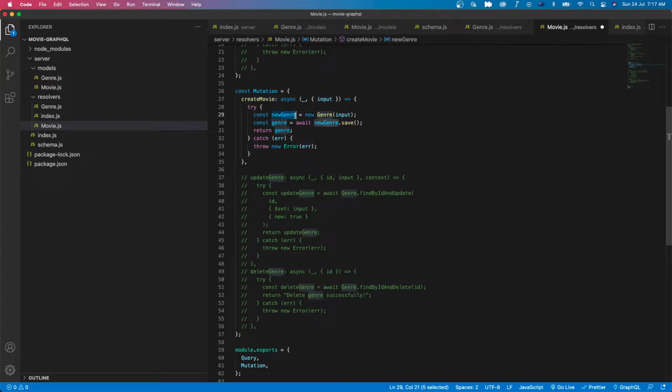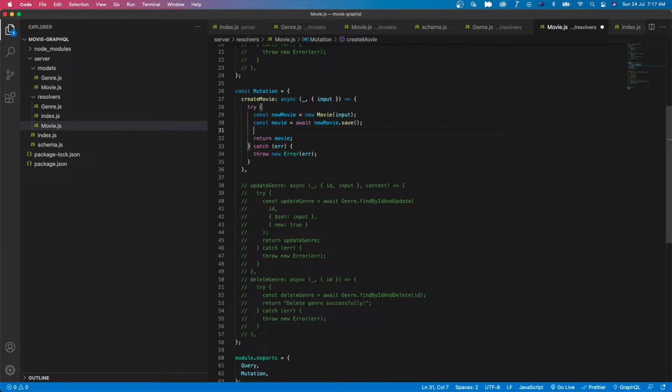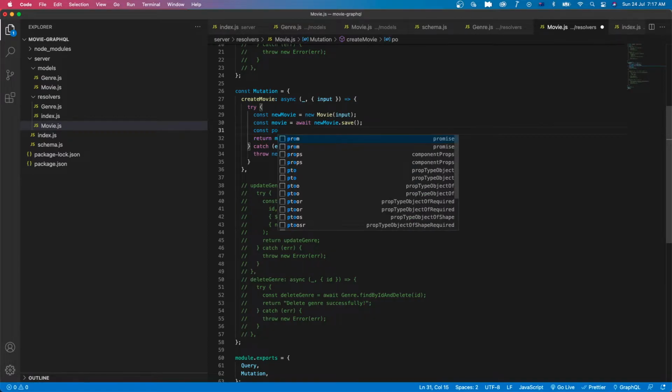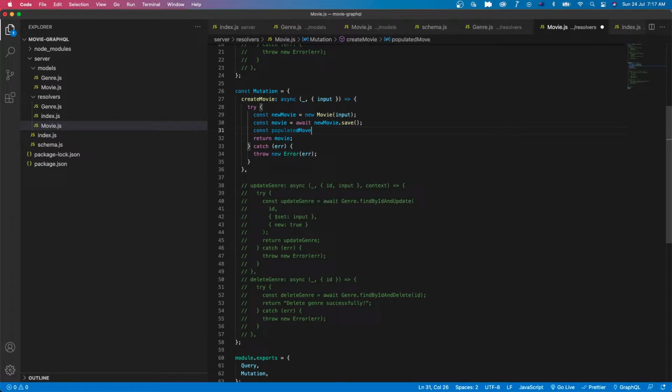I will name everything to movie. This one should be lowercase. And in the create movie, we will populate the chain object that's referenced from the chain model. So we will have const populated movie. Then await